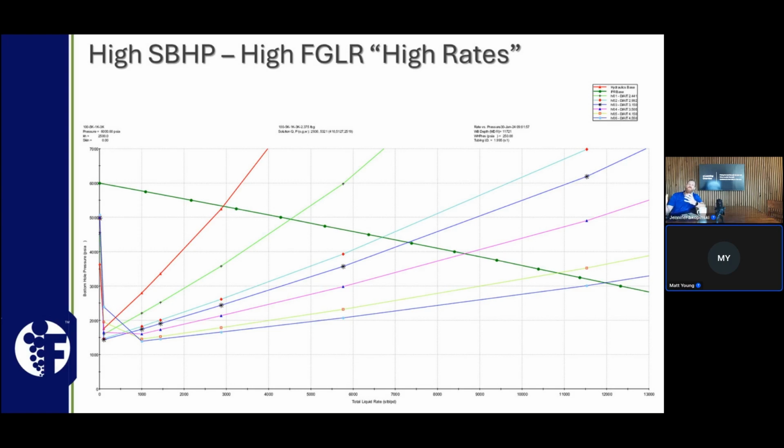If we're one of the few that has the benefit of running 7-inch casing in the well, then of course 3.5 or 2 7/8 annular flow is going to be the best option, with a production rate of like 11 to 12,000 barrels per day and a drawdown of 3 to 4,000 psi less than reservoir pressure. So you can see that your well type or your casing configuration is going to have a big effect on